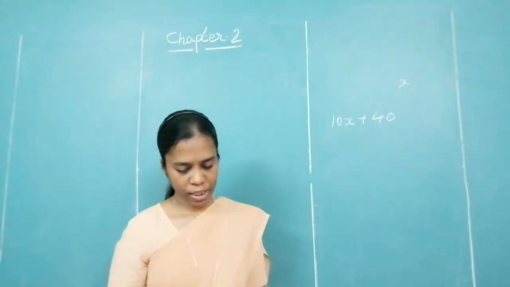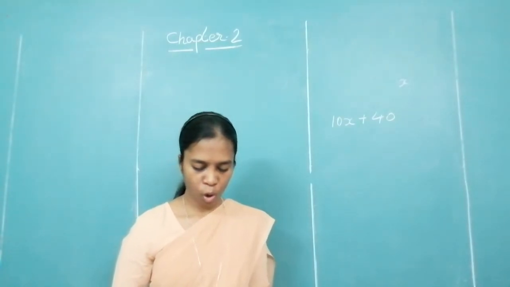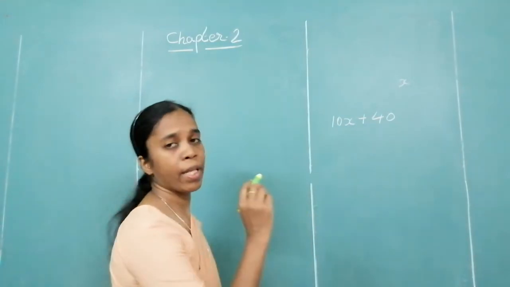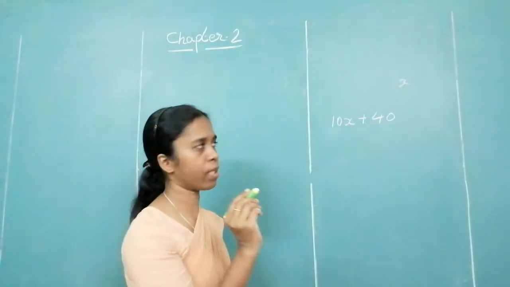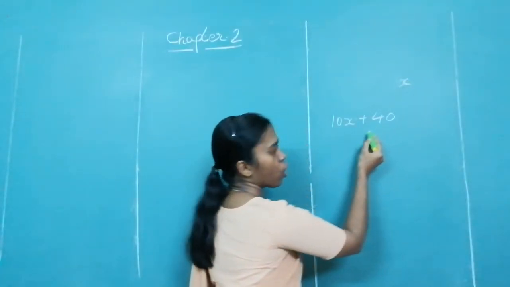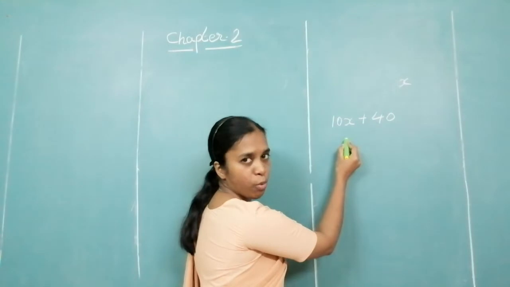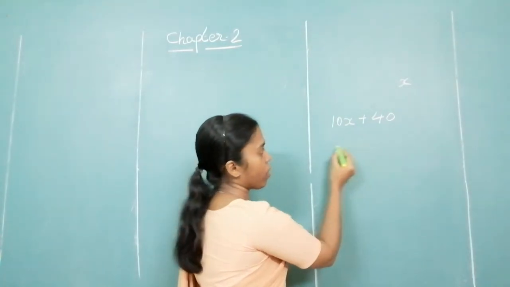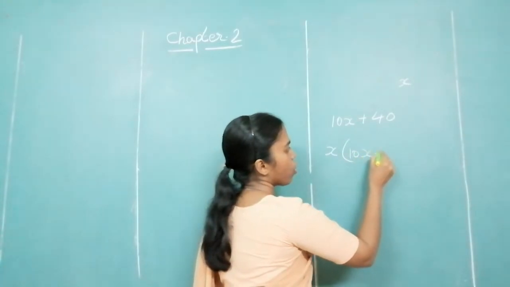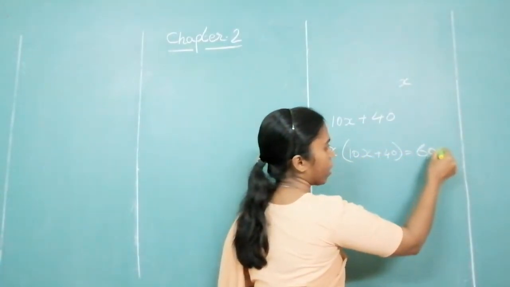Now, what is the condition given to you? If the production cost of all pots per day is 600, the entire cost per day is 600. These are the so many pots he is making and this is the cost of one. Number of pots are x. This is the cost of one. Therefore, according to the given condition, number of pots into the cost of a pot is equal to 600.